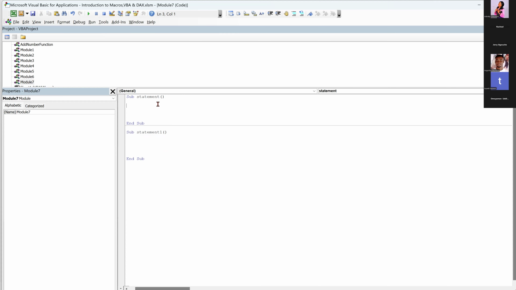So now let's write a simple code. As I said, VBA is an object-oriented language, which means that when you write a code,